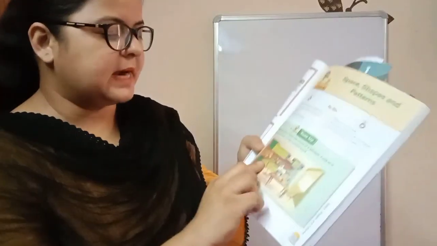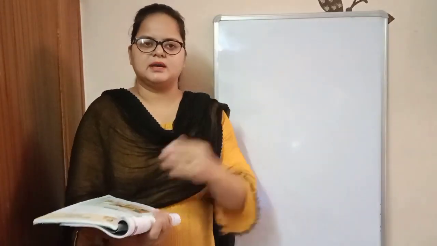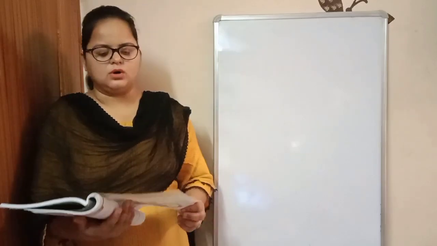The next and last one is the breads are inside or outside the toaster. So see here, breads are inside or outside the toaster. See in the picture carefully. Yes, breads are outside the toaster. Breads outside है, बाहर है. So we have to tick on outside, like this.